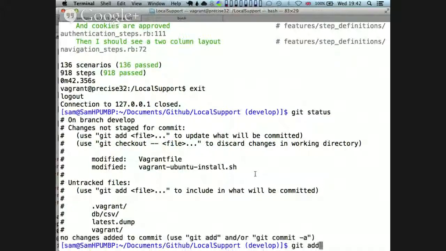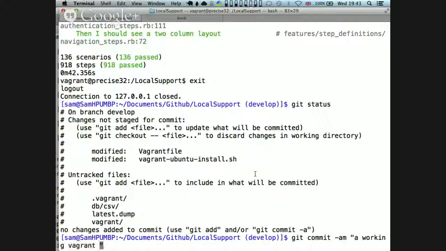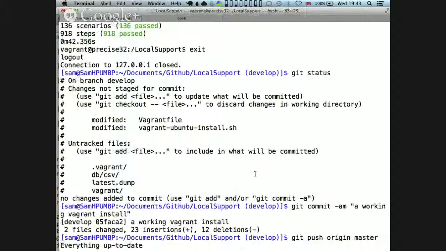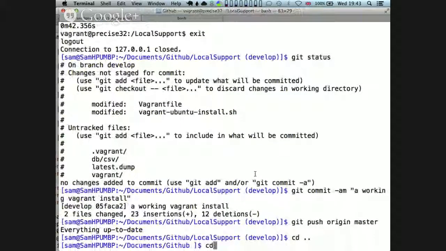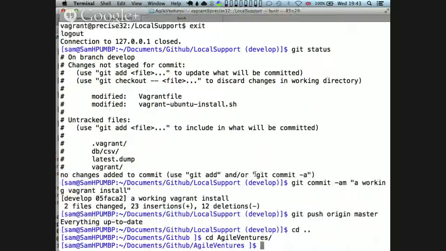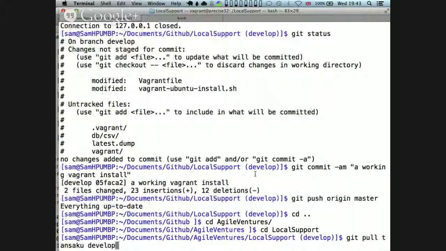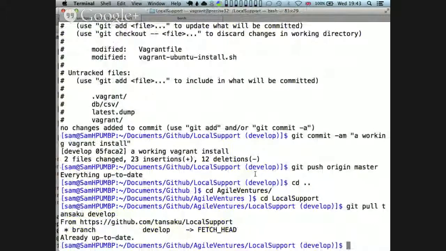So I can now do git commit -am, this is now a working Vagrant install, like so, and I do git push origin master, and then I need to go to the main site, Azure Ventures, and I guess I could do a pull request, but no. So if I then do git pull Tansaku develop, like so,